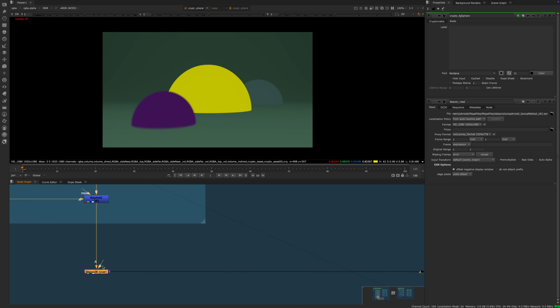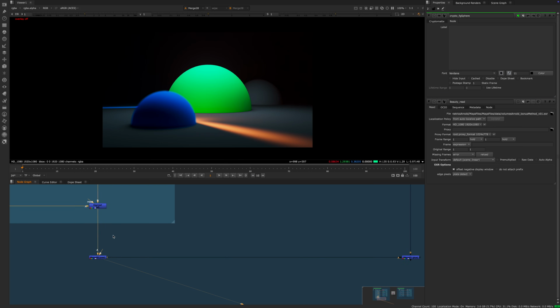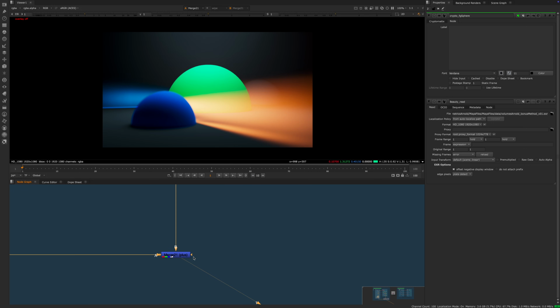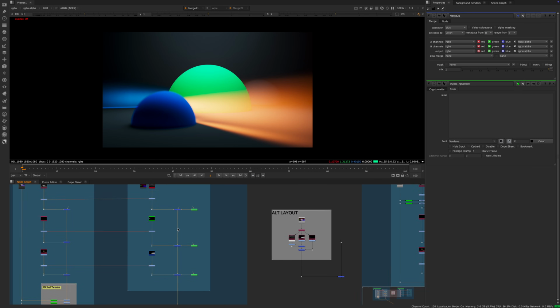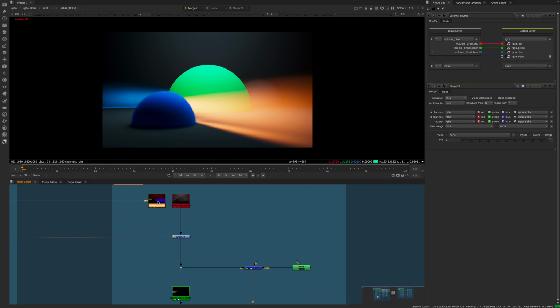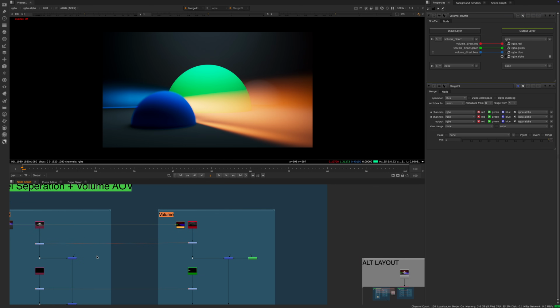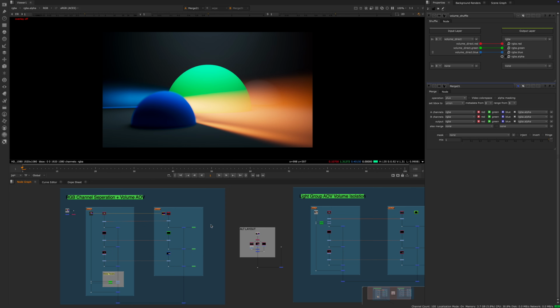Now we have that going down into this merge node, which is set to over. That could potentially be just a dot node there, I think, as well. And that's just flowing into this merge node, which is set to plus, which is adding the final volumetric result on top of it. So now if we go to the top of this volume setup here within this methods approach,